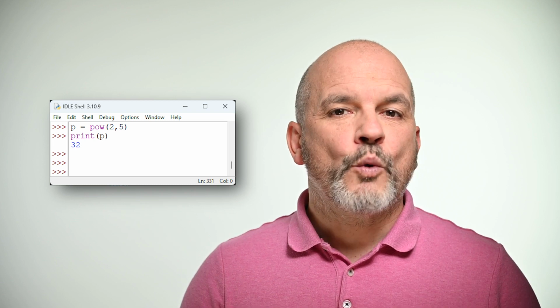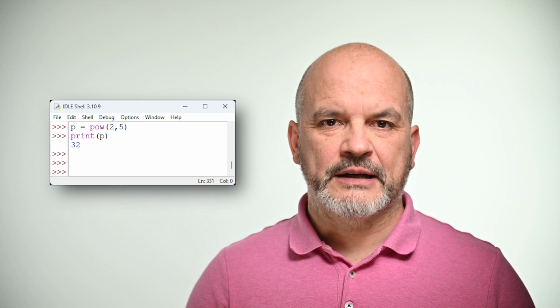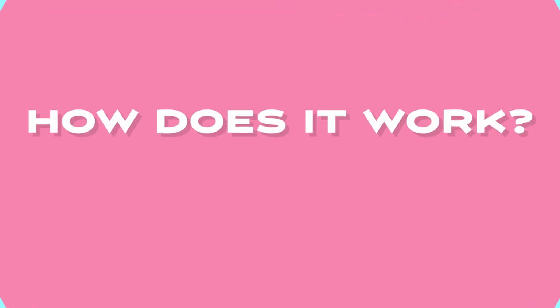In Python, there are two ways to pass arguments to a function: positional arguments and keyword arguments. In this video, we will focus solely on positional arguments. Positional arguments are passed to the function in the order that they are listed in the function definition. For example, the pow function takes two positional arguments, a and b, and returns a to the power of b. To compute 2 to the power of 5, we call the pow function with the argument 2 in the first position and 5 in the second position.